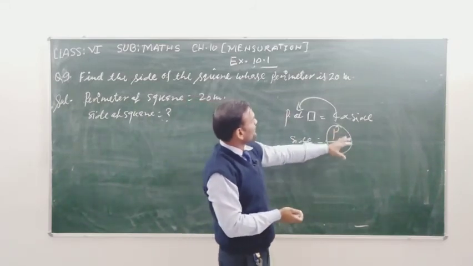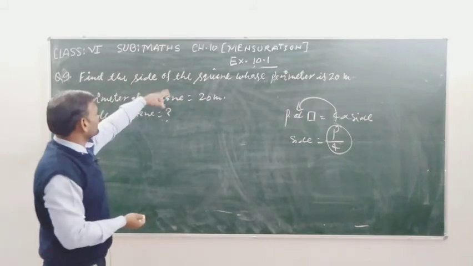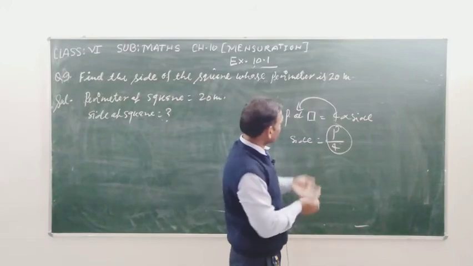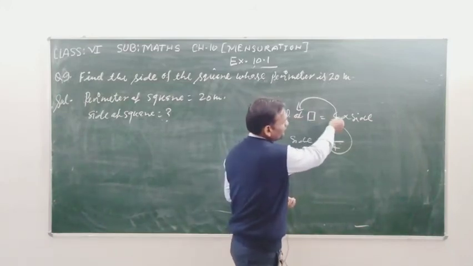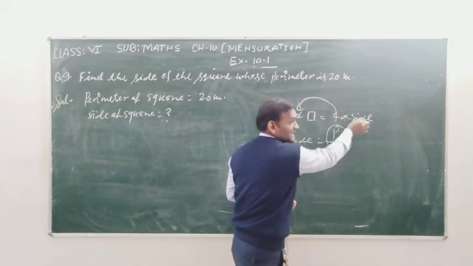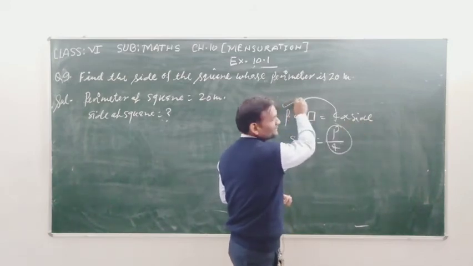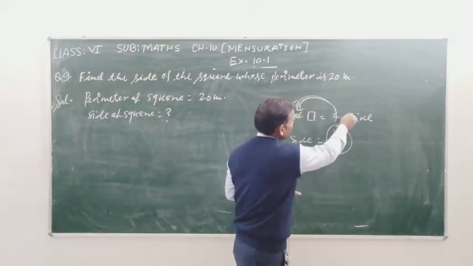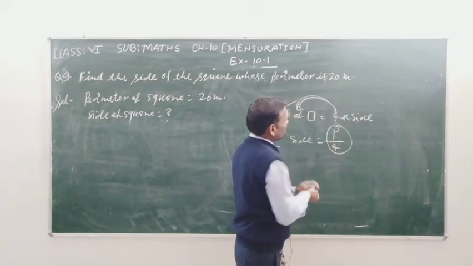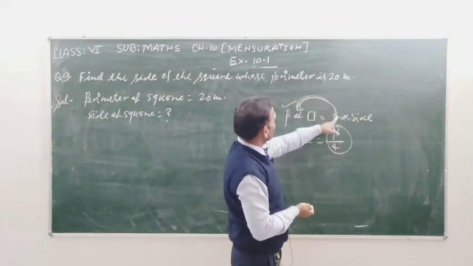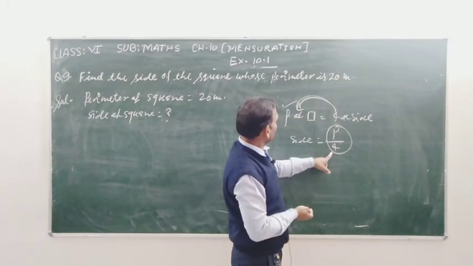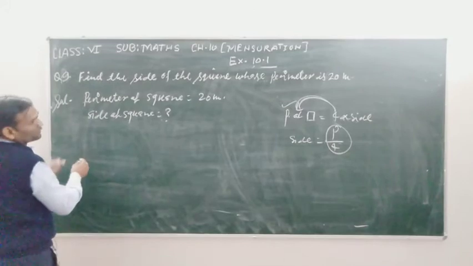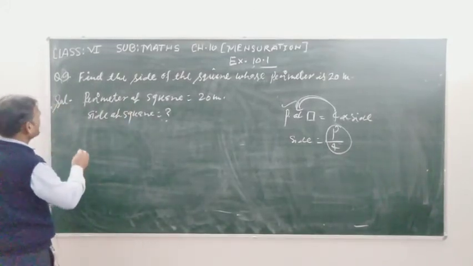By this formula, you can directly find out the side of the square. How do we get this formula? By this derivation. Perimeter of the square, you know, is 4 into side. We need to find out the side, and perimeter is given. So we transpose 4 to the left side. Here you are seeing that side is multiplied by 4, and when we transpose 4 to the left side, we have to divide perimeter by 4. So side is equal to P upon 4. So student, in one line we can find the answer of the question.